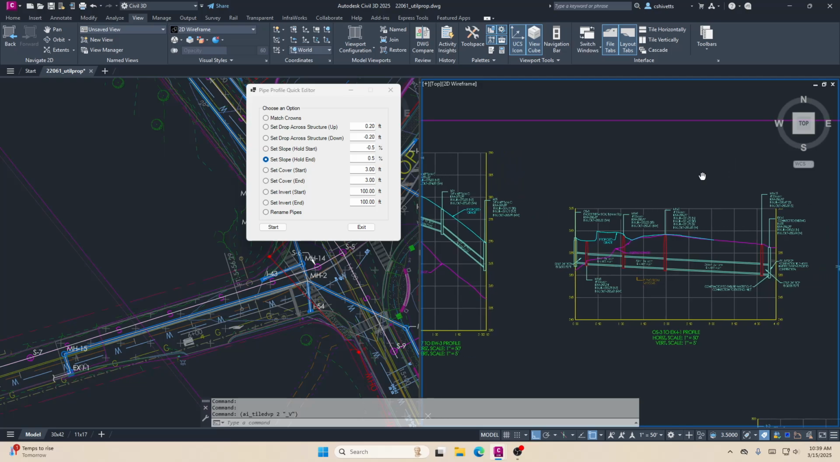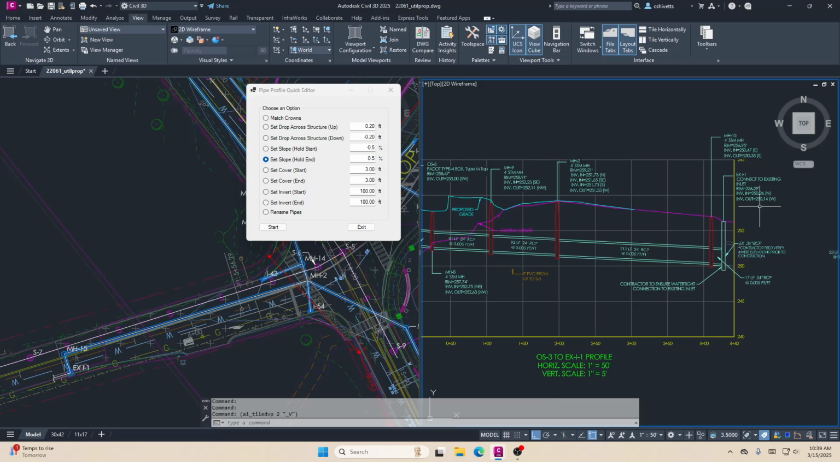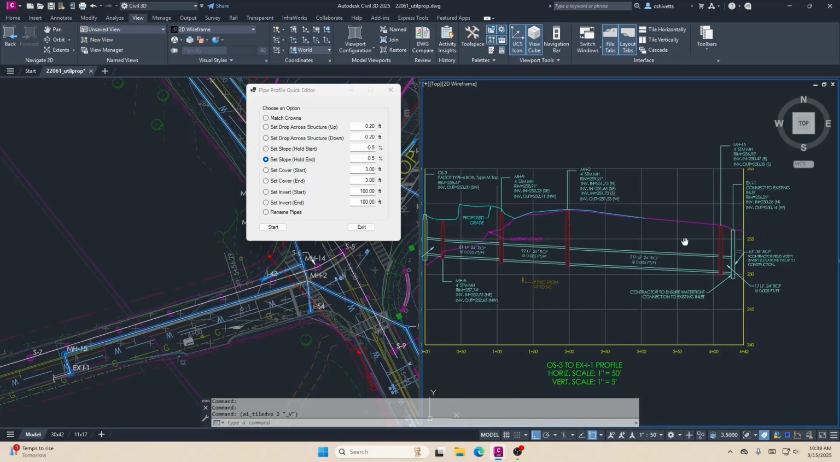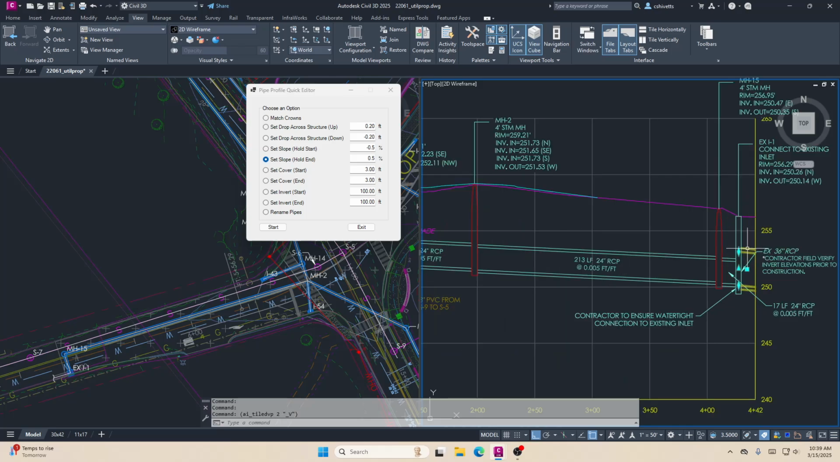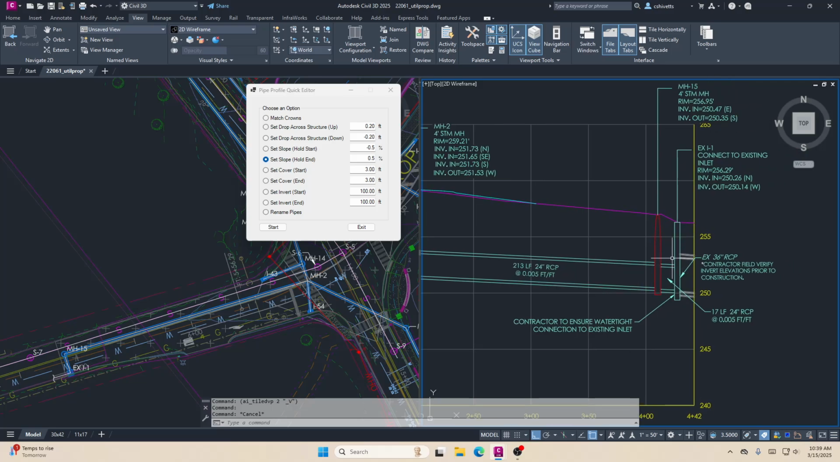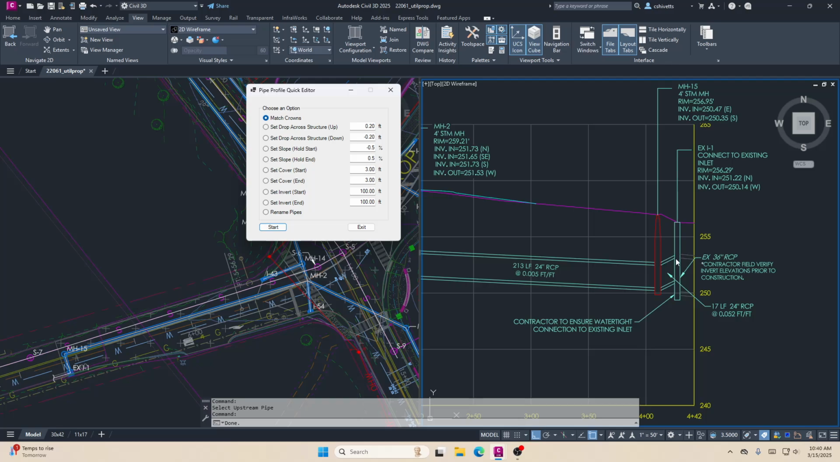So looking at this run, we're tying out to an existing 36-inch RCP at about 250.14. So let's say I wanted to match crowns with the existing pipe. We can use the match crowns function. Select start. It says select downstream pipe. And then it will highlight and you select the upstream pipe. And you can see the crowns are now matched, but we have a problem here with a